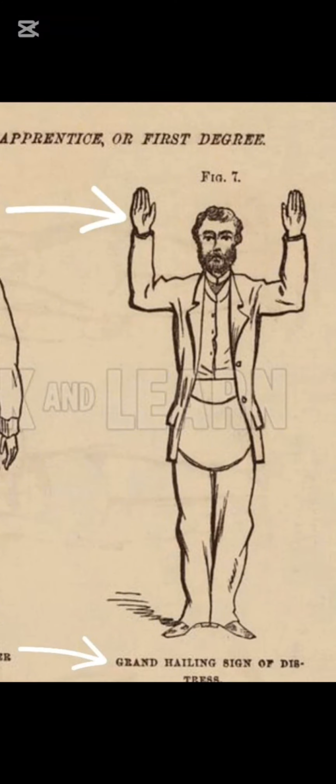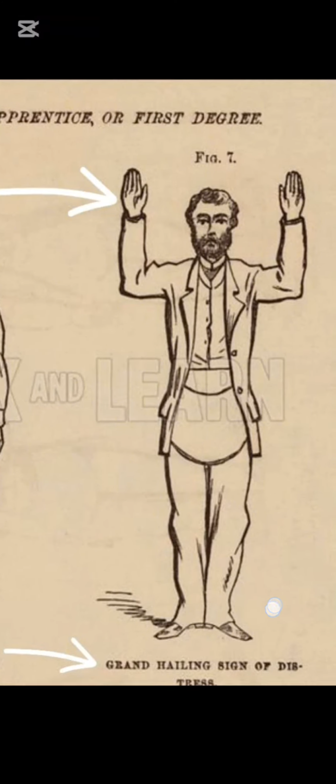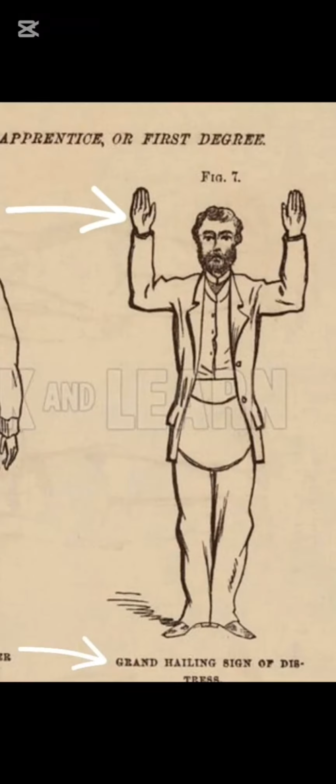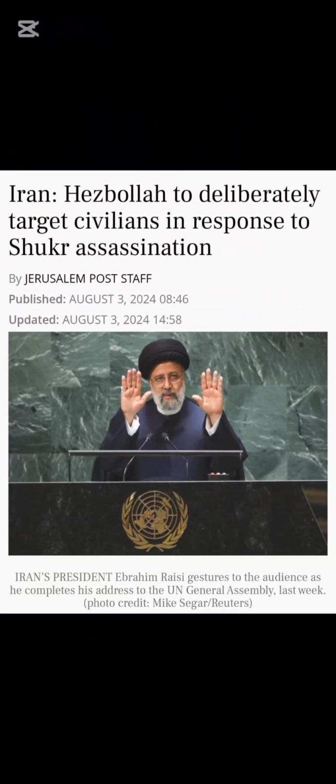And then look at this. This sign means the grand hailing sign of distress. And then you got this guy giving you the distress symbol on the date 8-3, Oct 3, 3-8. Okay, Oct 3. It's going to be 8-3 over there. It's going to be November 2nd here. What does Shezvan mean? Shezvan, the month we're about to be in, is Oct. Oct 2, day of distress. So we're going to be in distress by the time we get to Bloody Sunday over here.